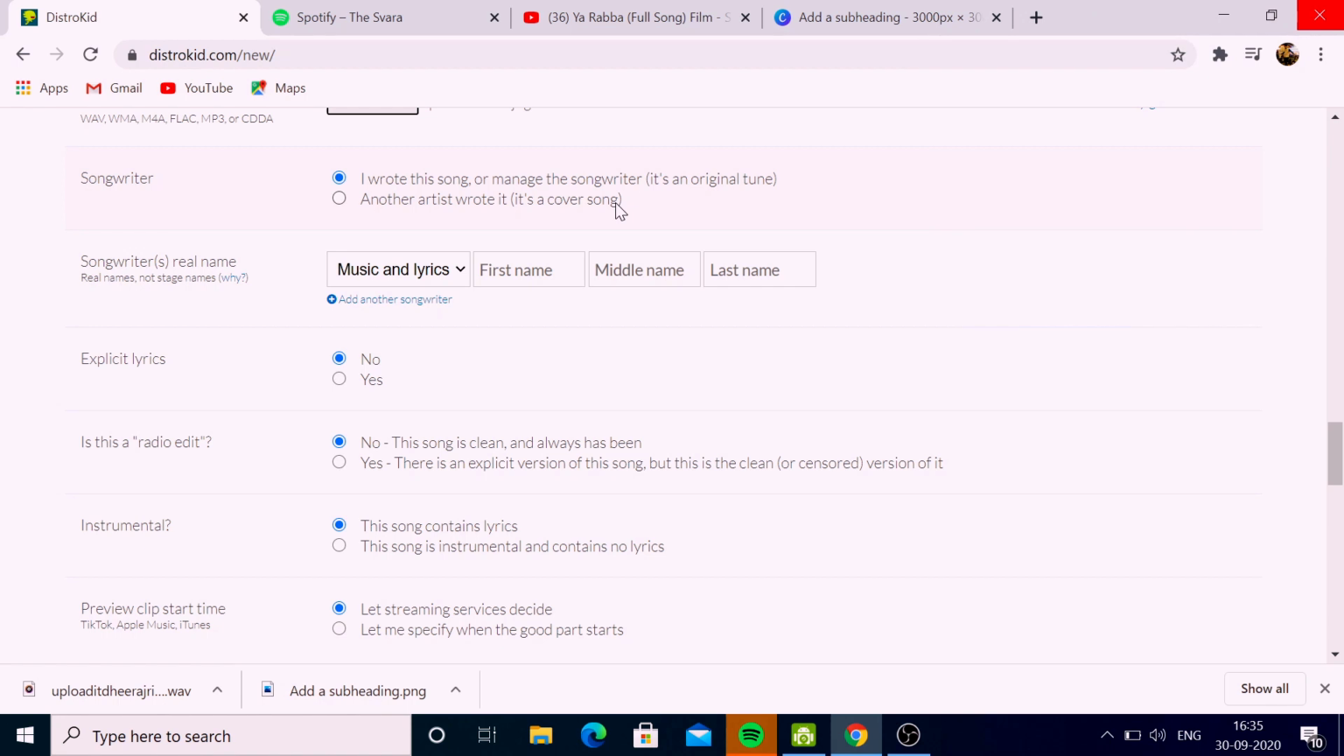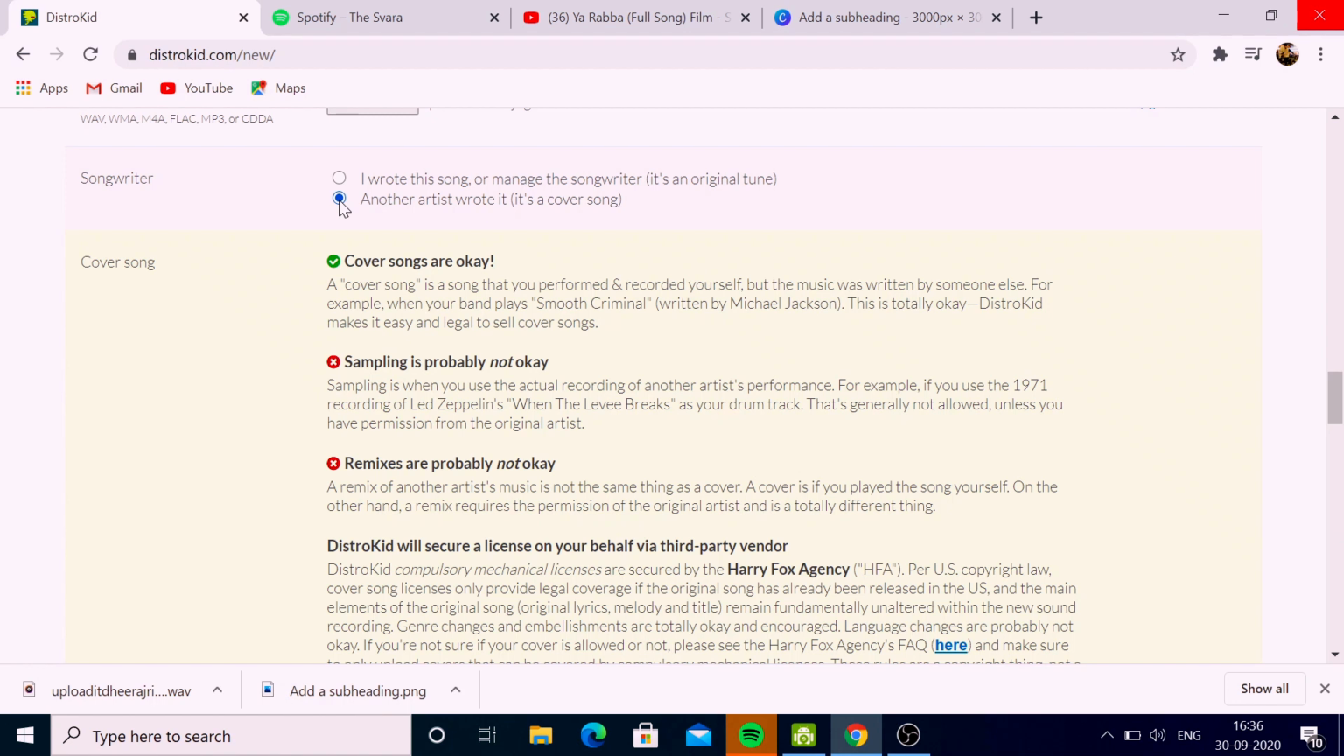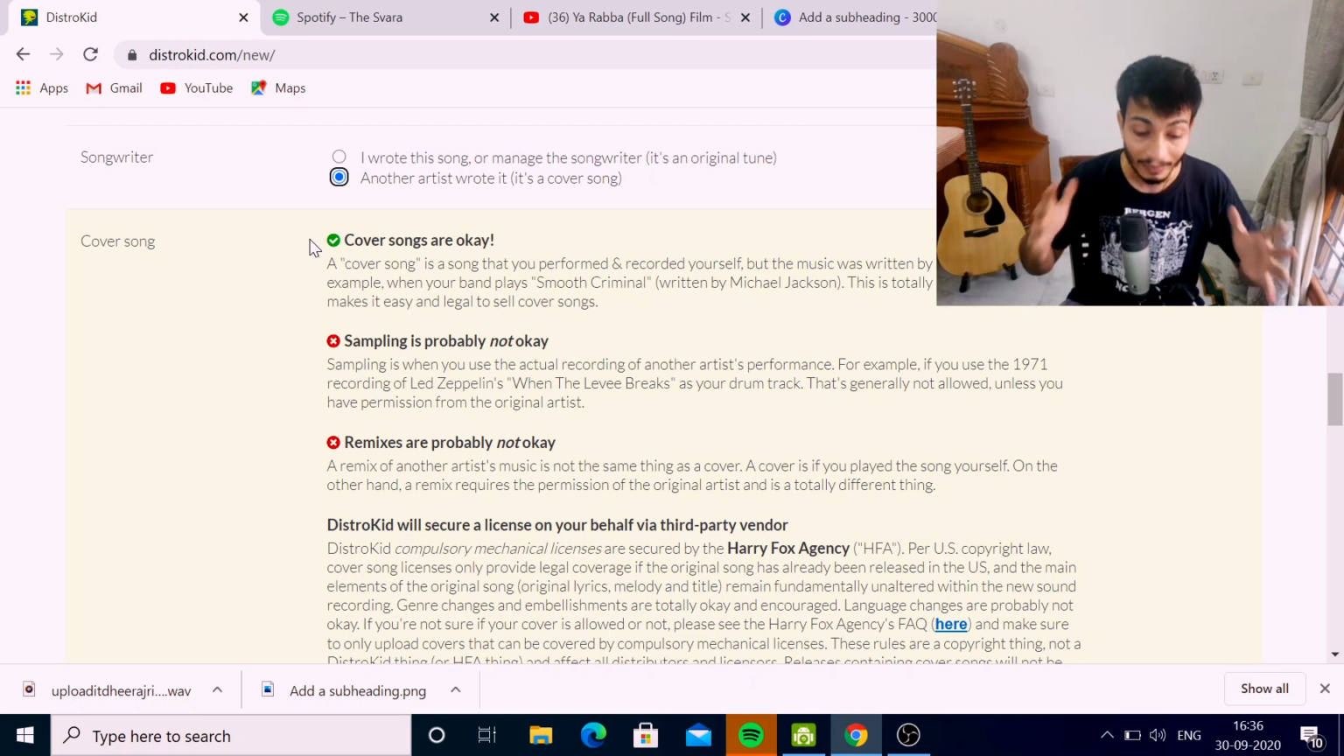DistroKid asks us, have you written this song on your own? I have not, as it's a cover song. Somebody else has done that. So we will select another artist wrote it. It's a cover song. So once we check mark this option, it will give us what a cover song can be. So it gives us clear instructions about